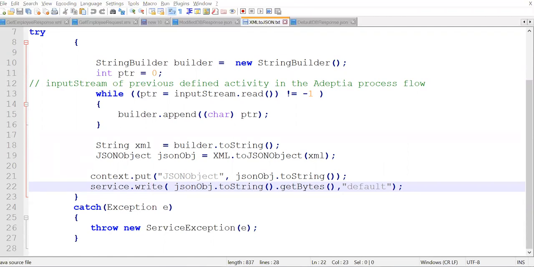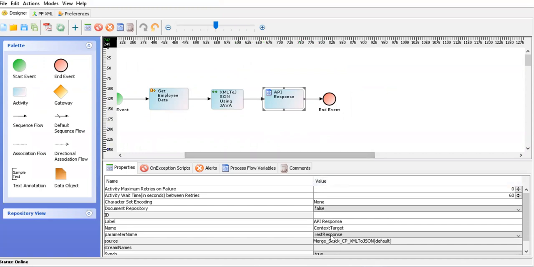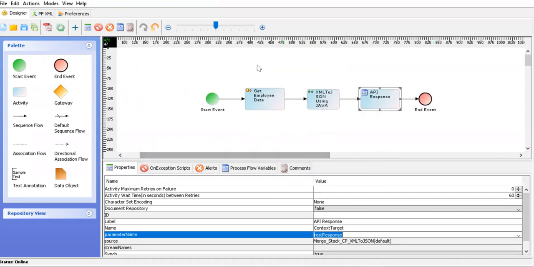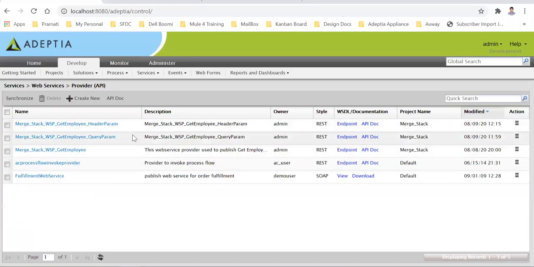If you see here closely, we don't need to convert that stream again into a JSON stream since it's already giving a JSON stream. And then finally, we have the REST response variable, which holds this value and gives it back to the user. Let's see how we can expose this as a RESTful web service again.